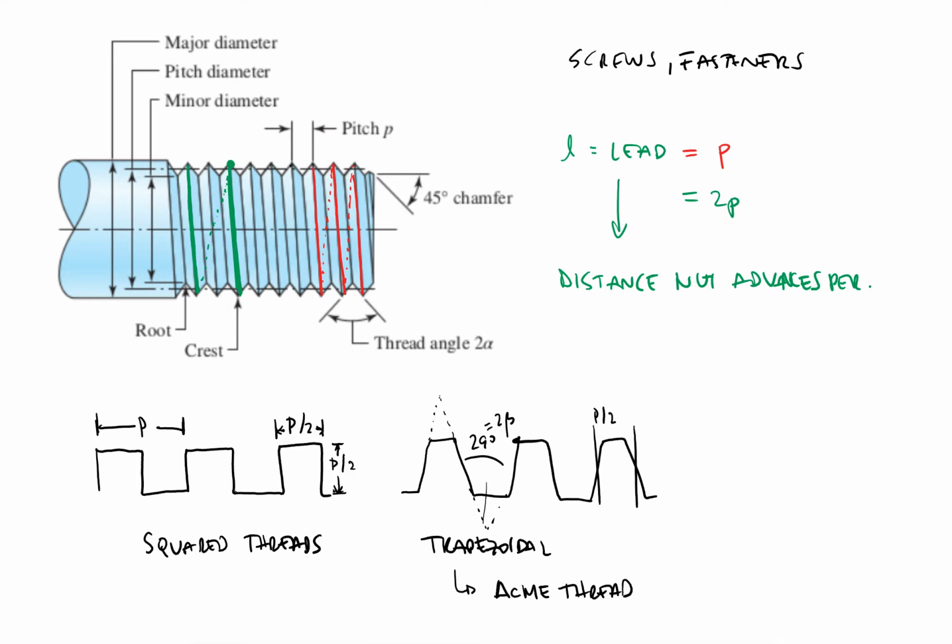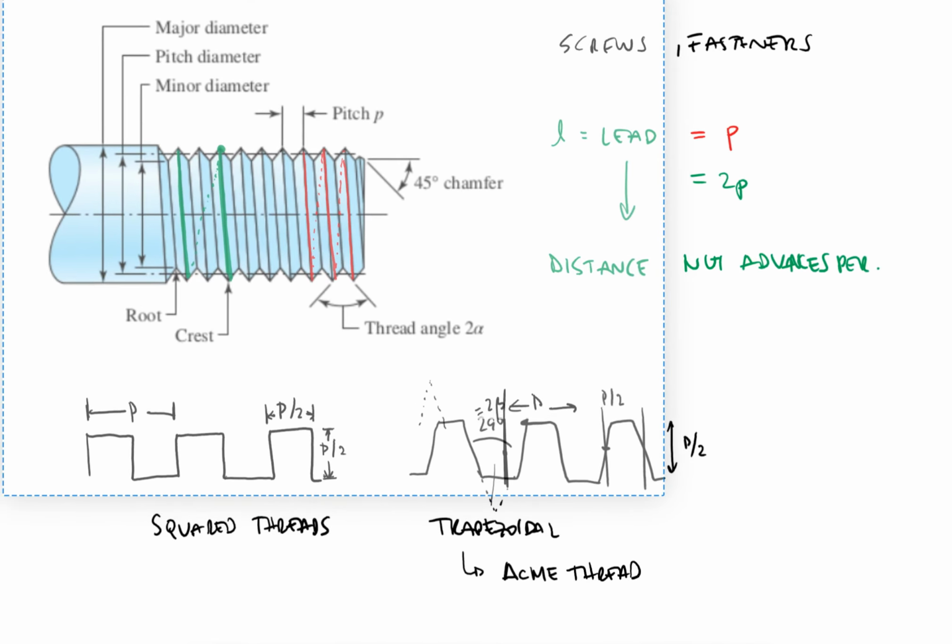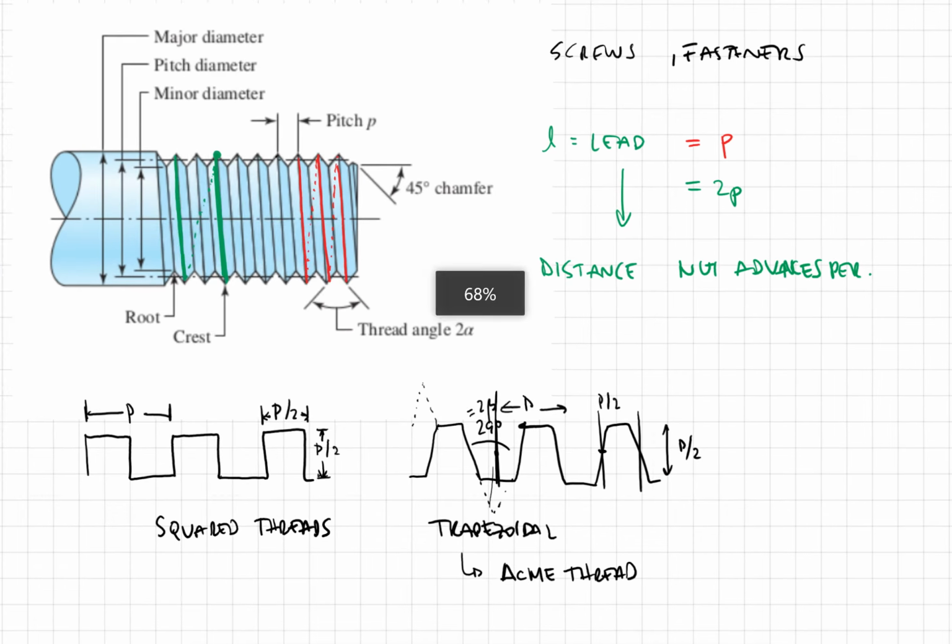The pitch would still be defined as the distance between this point and this point, so P, the distance between the threads. And again, if it's an Acme, this distance would also be P over 2. And we can find different